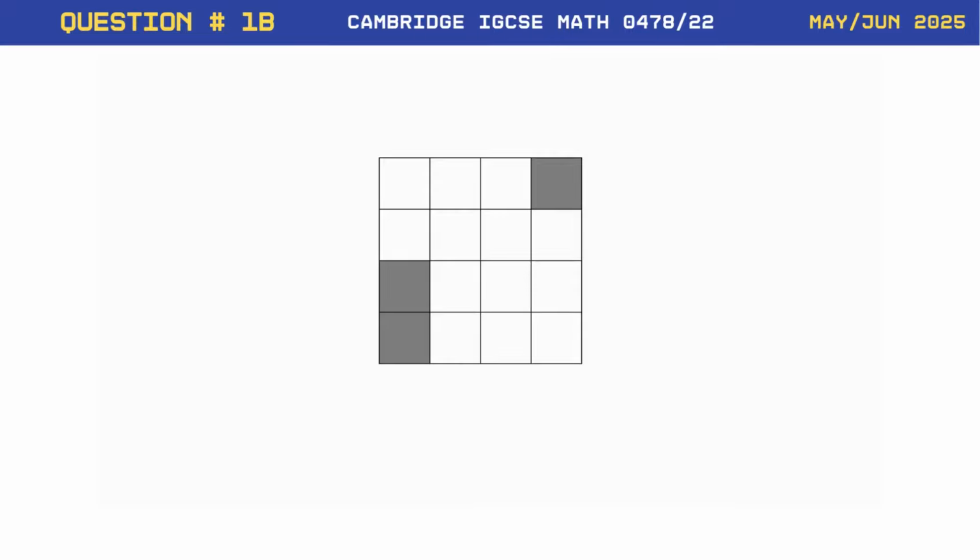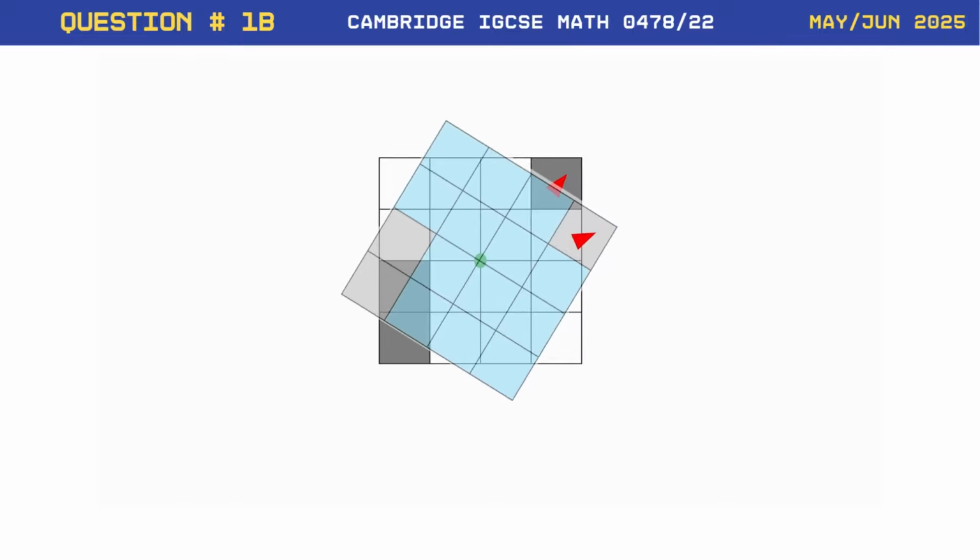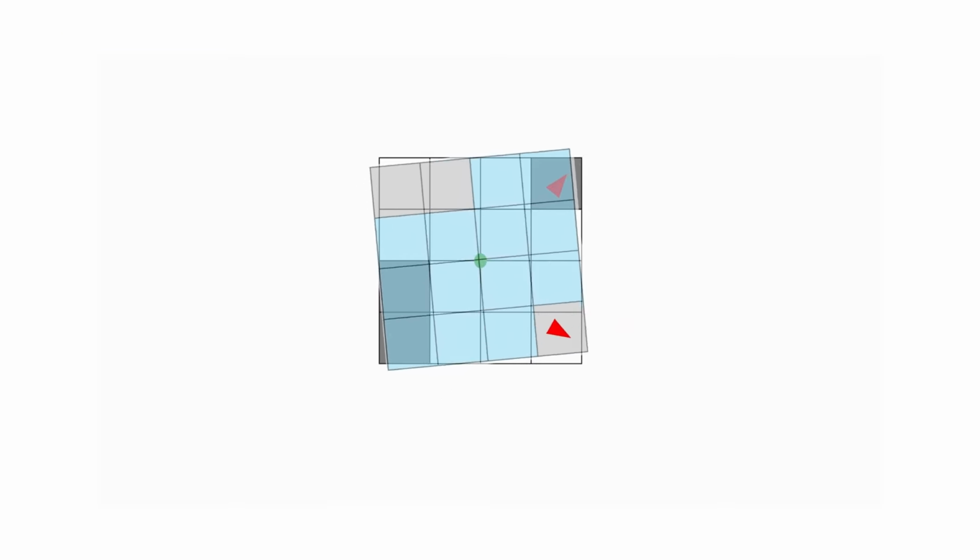Let's first identify the center of rotation and mark it green for reference. Now we shall mark a corner red to mark the starting point for rotation. To demonstrate rotation, let's use a tracing paper with the same shaded boxes so that we can see the original position for comparison. Now rotate the tracing paper one fold, that is, 90 degrees. As we need to check symmetry for 2 folds, we shall rotate the tracing paper once more by 90